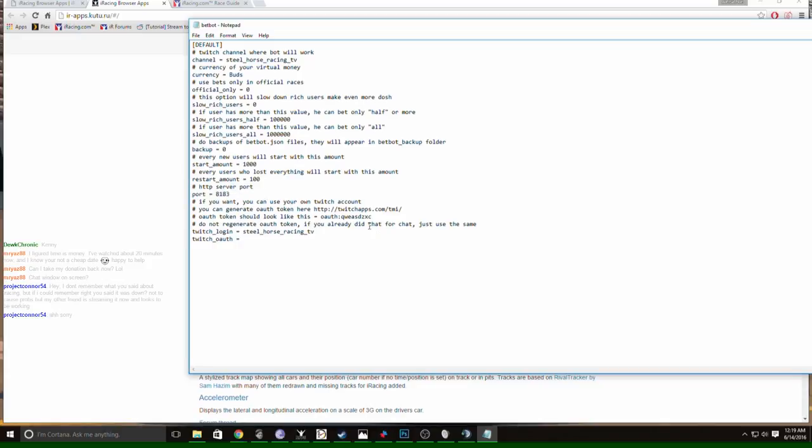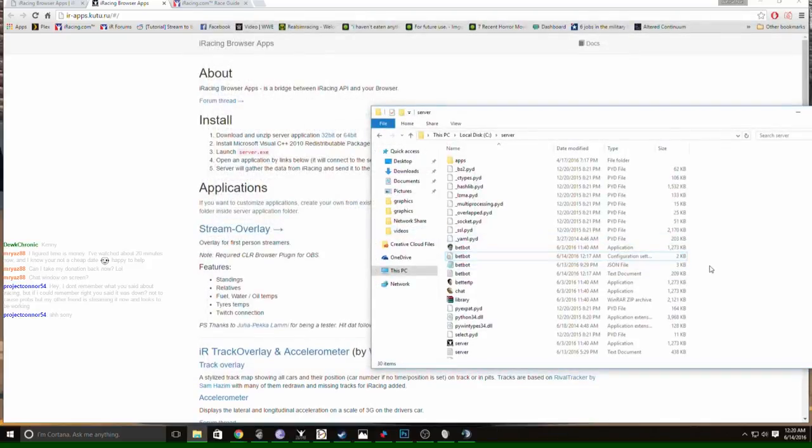And then the other thing, like in my Twitch chat, you'll notice when I start my races, it says bets are now open, bets are closed, whatnot. What you're going to want to do is follow the instructions here. Go to this website, and it'll give you an OAuth token, and you'll copy that and paste it back down here, and you'll type in your Twitch handle, and then paste that OAuth token down here, and you'll save your changes. I deleted mine so y'all couldn't see mine. I didn't want y'all hacking my stuff. But pretty much you do that, and